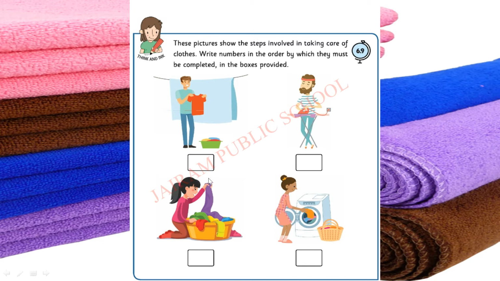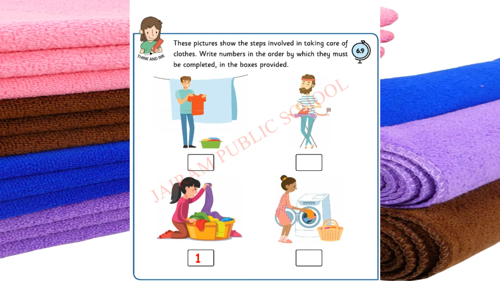Okay children, can you guess what the first step is? Very good. This picture is the first step. We have to separate the clothes according to fabric and then color, to make sure that one color does not stick to another fabric and spoil it. So first, we have to separate the clothes.